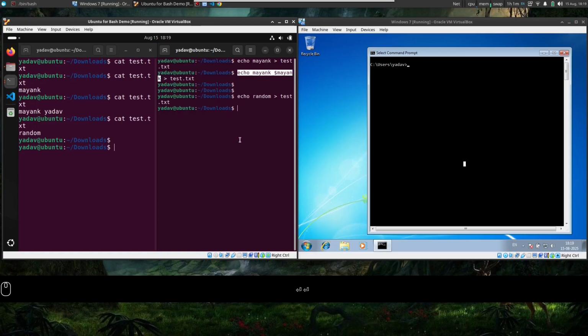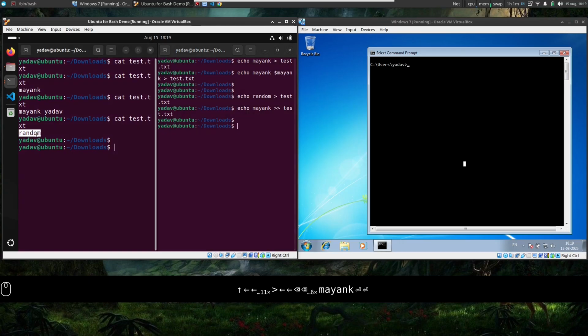Okay, but if we want to append, then what we will do is we will use a double redirection. And if I do Mayank, this time it already had random, and from a new line it will have Mayank as well. Okay, so if I cat, random Mayank.